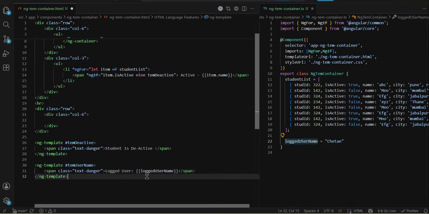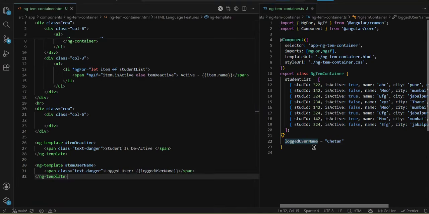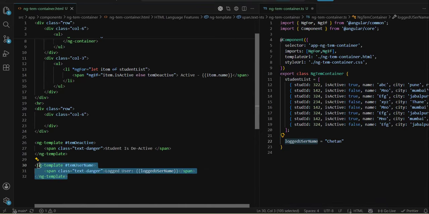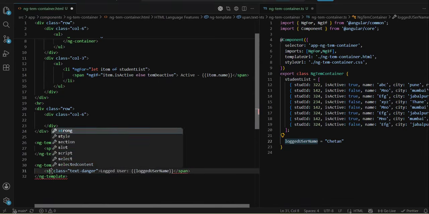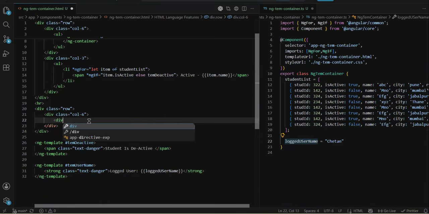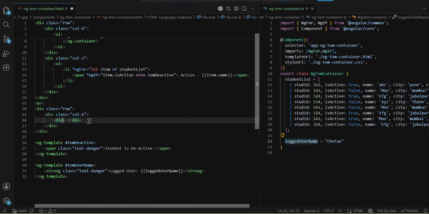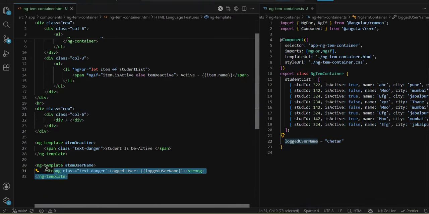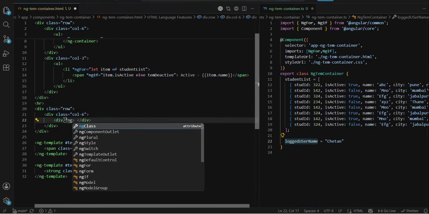This will be your real-time example. Let's say you are reading the logged in user data from your local storage, session storage, or some behavior subject somewhere, and you want to store it. So in ng-template, you have stored it. Now, wherever you want to show this, let's say a strong tag. Now, let's say in this column also, you have a div, and here you want to inject whatever you have in this template. So here *ngTemplateOutlet,